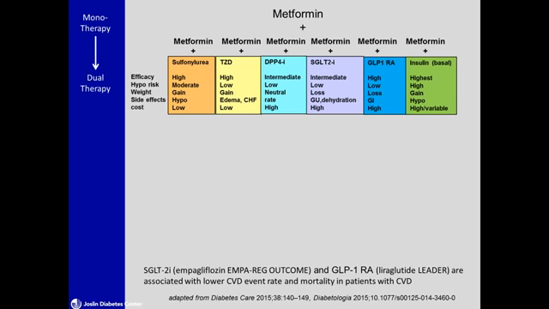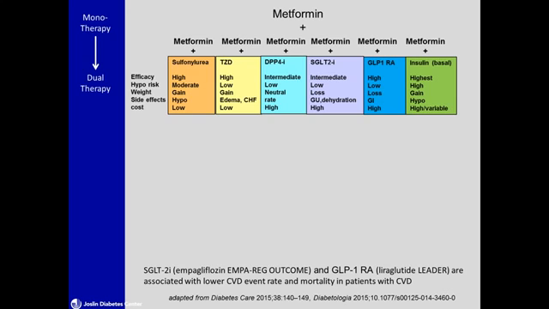DPP-4 inhibitors are fairly well tolerated, with very few side effects. However, the cost is high, but it can be a very good choice for control of postprandial hyperglycemia if the patient is able to afford it. SGLT2 inhibitors are fairly new, fairly well tolerated, with intermediate efficacy. They have side effects, genital infection and dehydration, that might actually not be the best side effects for this population.